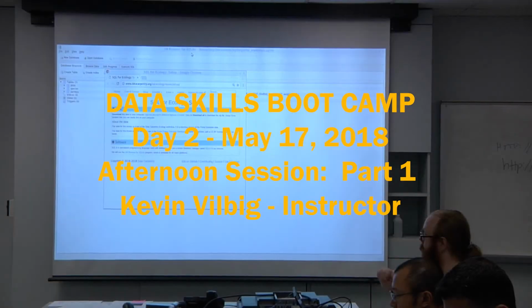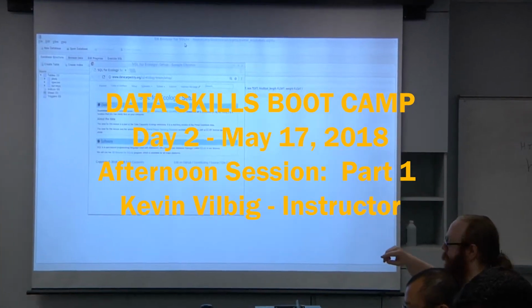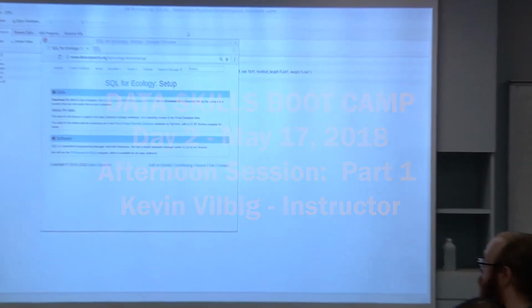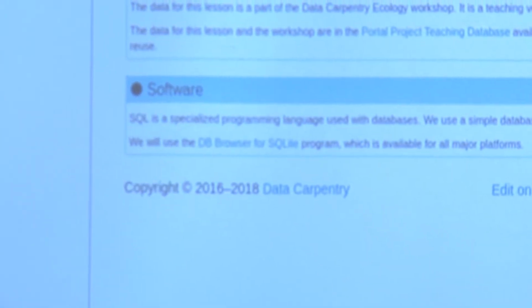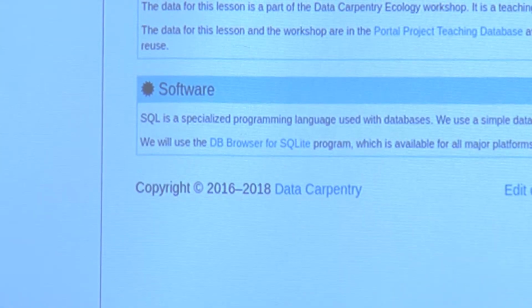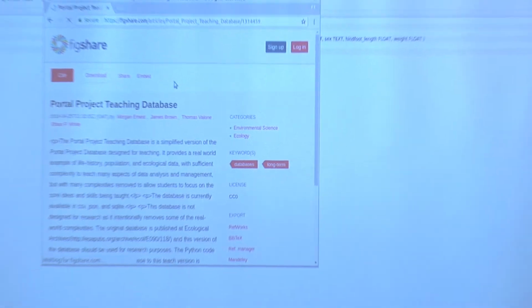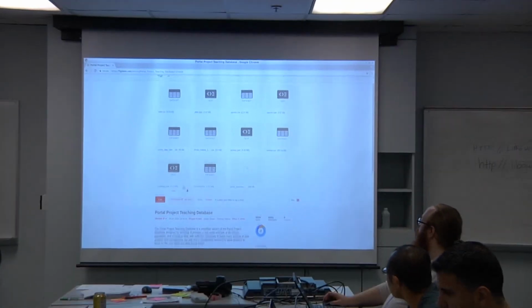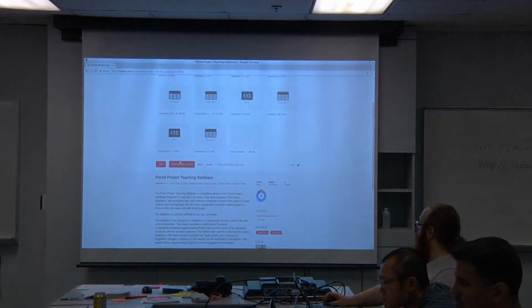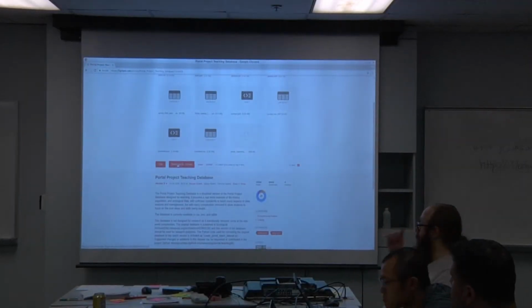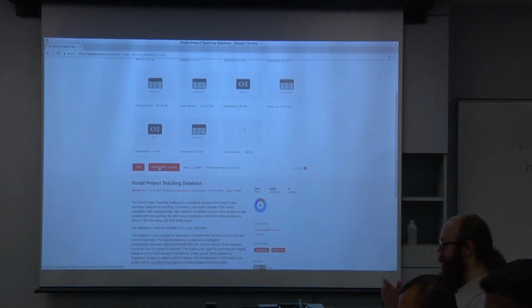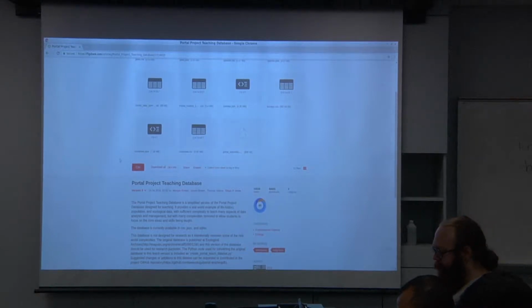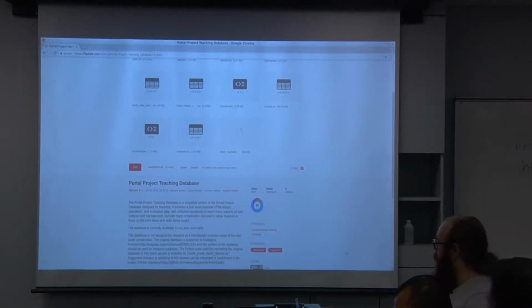Once you have DB Browser and have downloaded the zip file from this setup, which is up here at the top, make sure to open this page up, and then you'll see Download all. Oh, I download all of them? Yeah, and this will download it as a zip file. Get the zip file into a new working directory, and then I'll show you how to actually open stuff in the